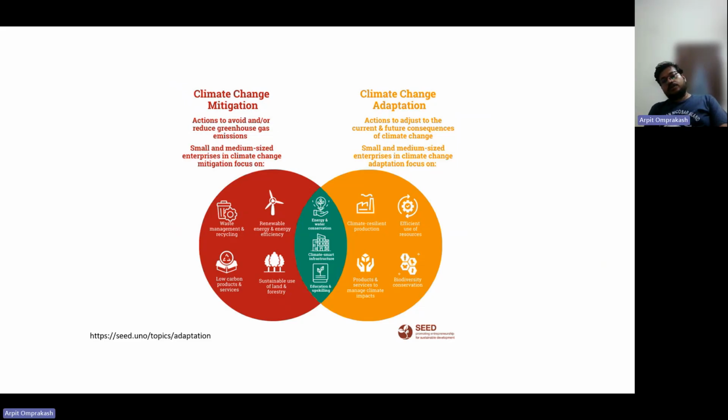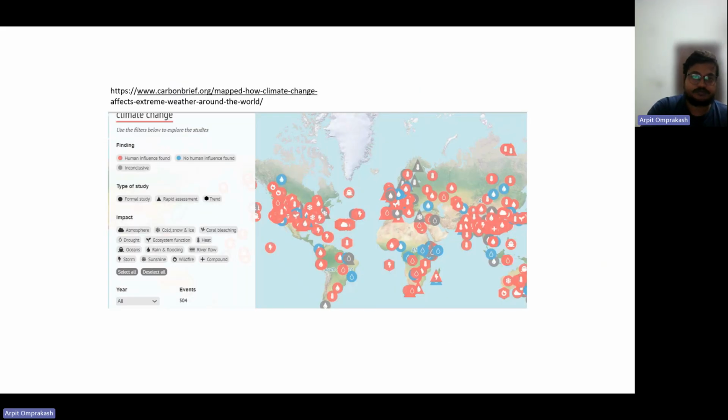And whereas when we are talking about climate change adaptations, we are basically doing actions to adjust to the current or future consequences of climate change. So mitigation is where we are trying to deal with climate change and reduce emissions and so on. Adaptation is where we say, okay, this is increasing, so we need to deal with it. Currently, climate change has led to a 1 degree rise in the temperature of the globe. Then how do we deal with that, right? So that is climate change adaptations. So there are two ways to think about it, right?